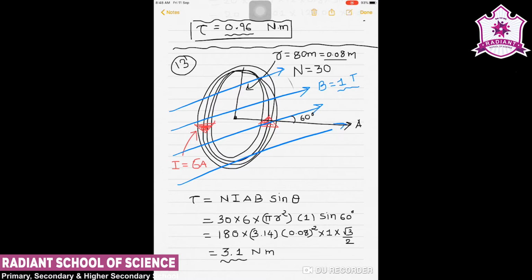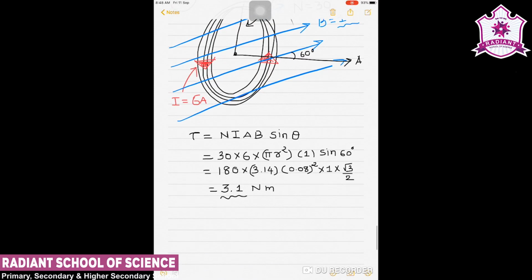Now the other question they have asked us: if we replace this coil by a planar coil of some irregular shape that encloses the same area, then if the area is not going to change, our answer will not change, because the above formula for the torque is true for a planar loop of any shape. So here we have considered this as a circular loop. In a previous example we had a square loop.